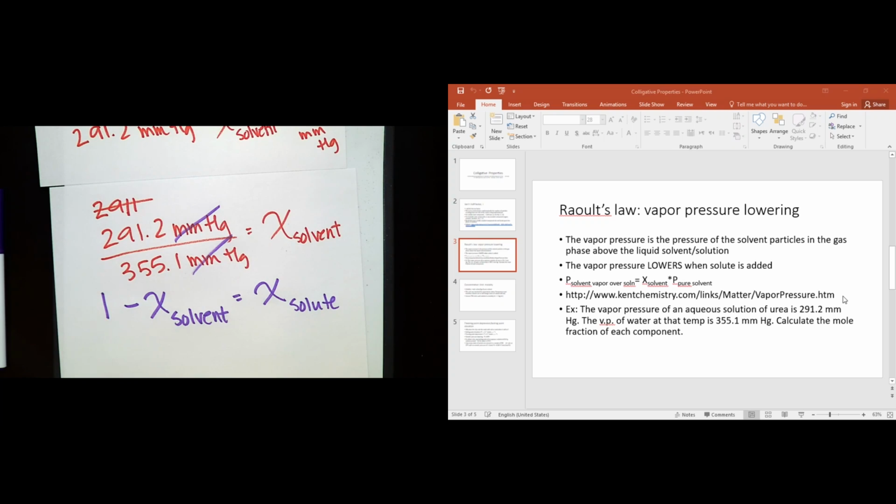It might be 1.000 or 0.99999 if you have irrational numbers, which you probably will. And so it might not be exactly 1.0 perfectly to 7 significant digits, but certainly within, I would say, 2 to 3 decimal places. You should have something really close. Okay, so that's Raoult's law on vapor pressure lowering.